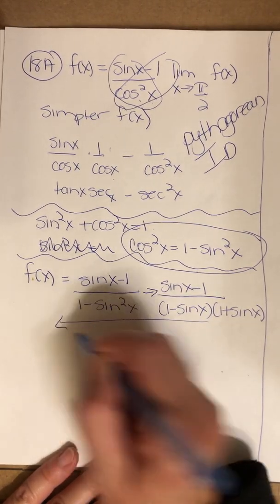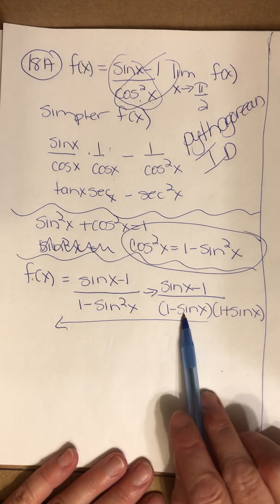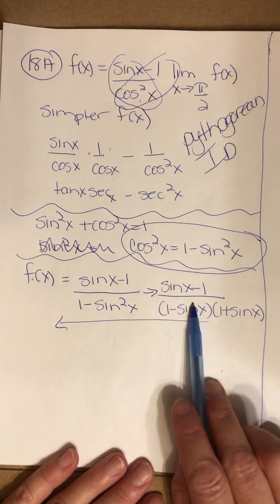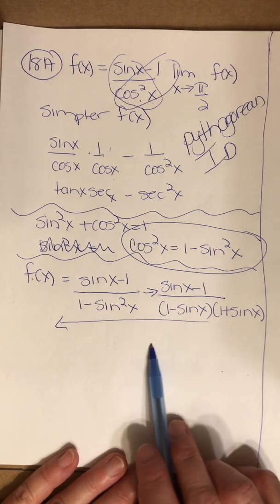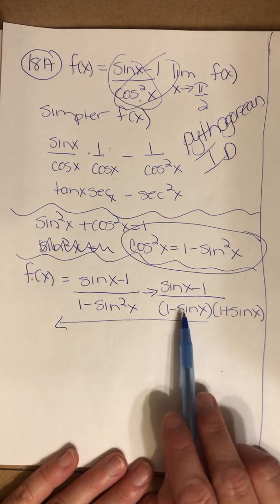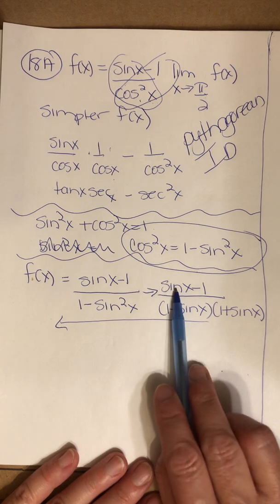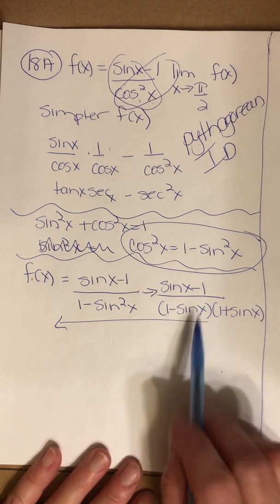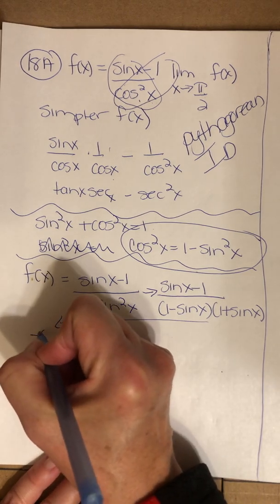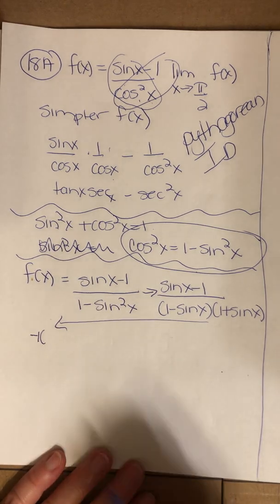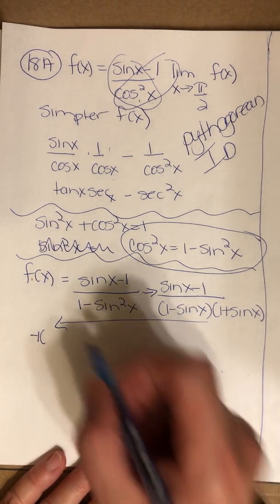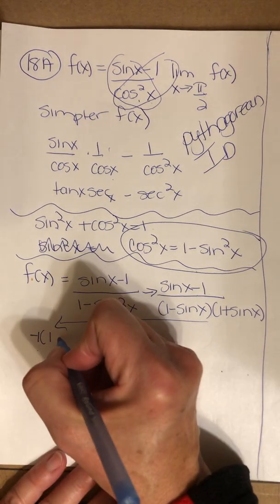Notice that the 1 minus sine looks an awful lot like the numerator, except that the signs, positive or negative, are backwards. I would love for the sign to be negative, it's positive in the numerator. I would love for the 1 to be positive, it's negative in the numerator. That is no problem. I can factor out a -1 from the numerator, and that leaves me with a +1